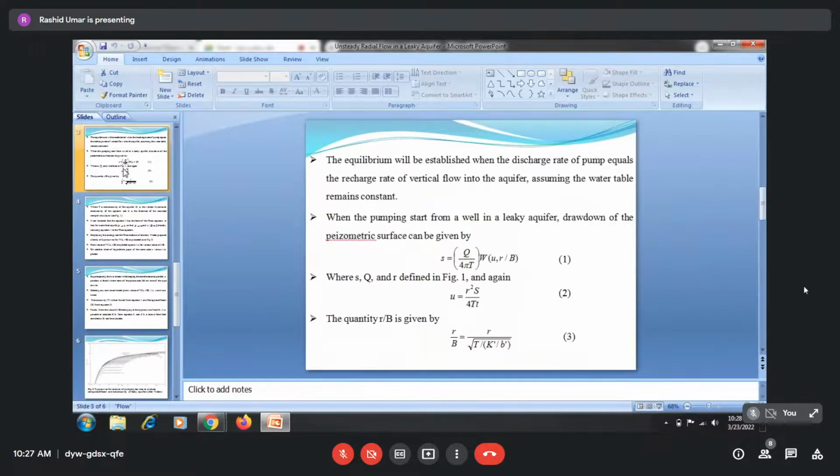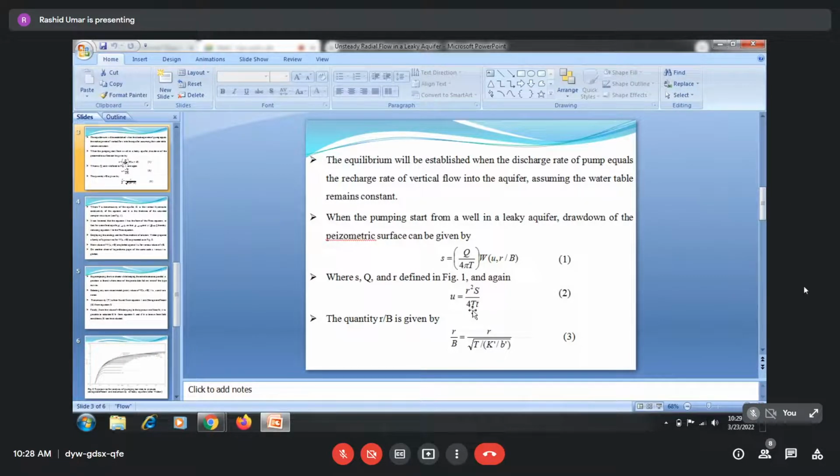How will we get the solution? You will get the solution from these equations. Discharge is known to you. Drawdown you have read from your data curve for the match point. W you have noted from the type curve of Walton. R by B you have noted from the type curve of Walton. So you will be able to evaluate the transmissivity of your leaky aquifer. And then again you will be able to calculate S. R is known to us, it is the distance between the pumping well and the observation well, and S, the storage coefficient, you have to calculate.